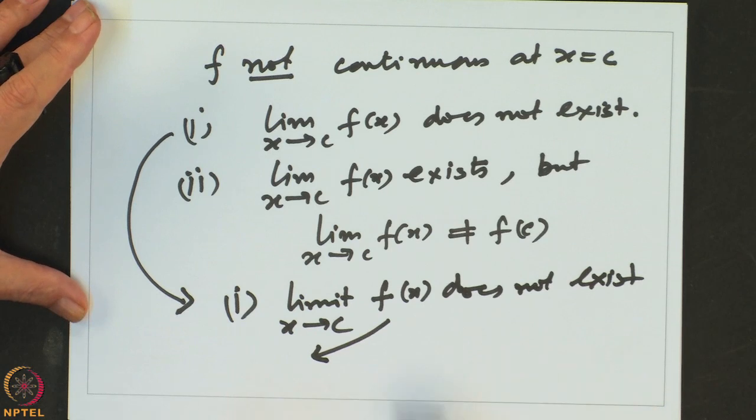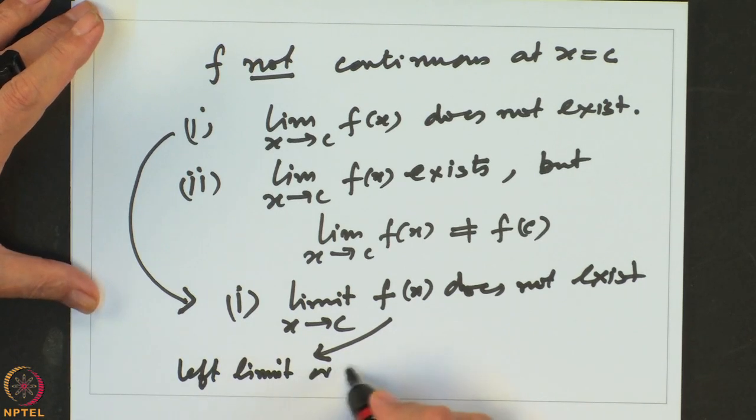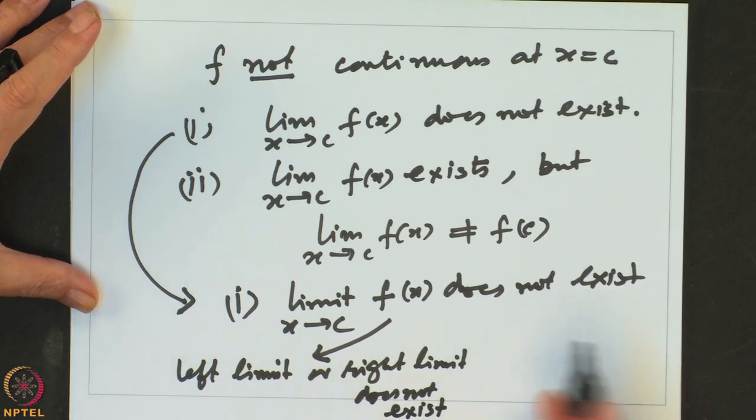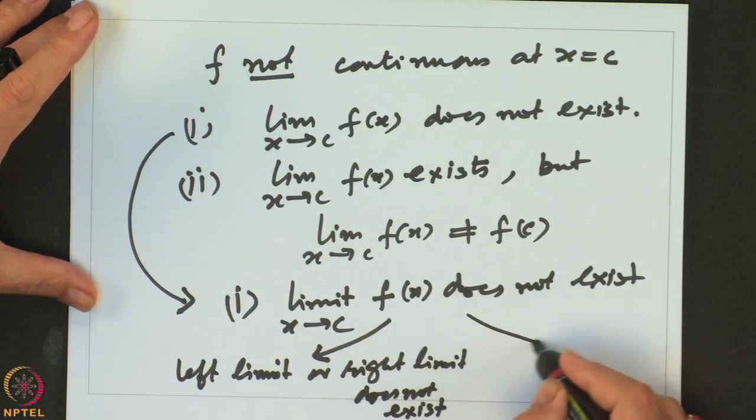One, that the left limit or the right limit does not exist. So, either the left or the right or both probably do not exist. So, no question of the limit existing; at least one of them should not exist. The other is,